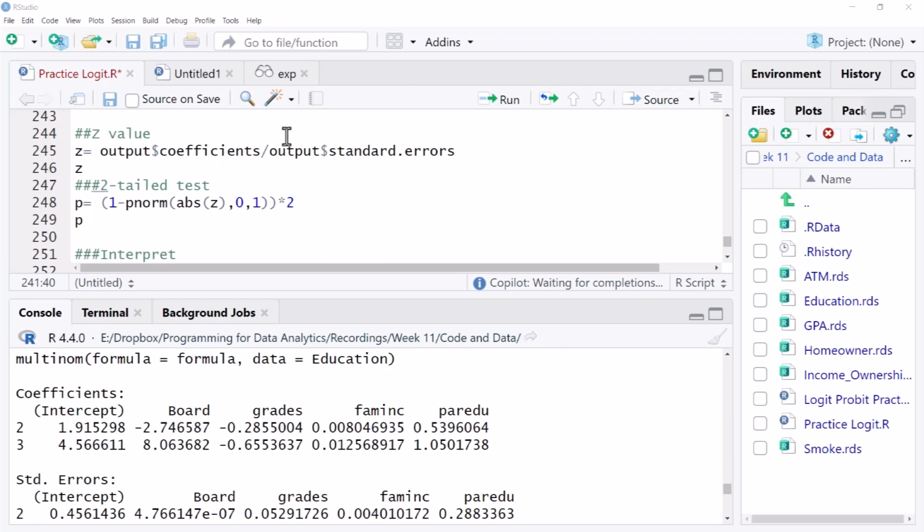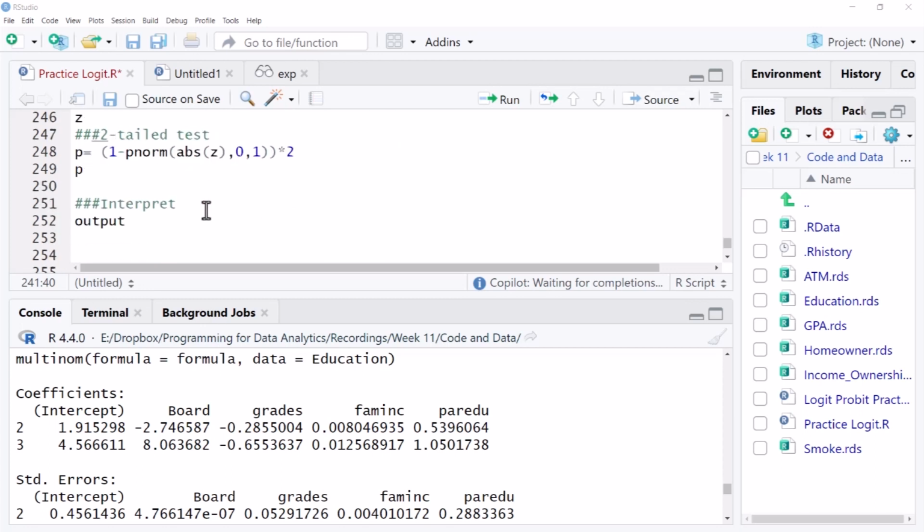So probably there's some problem with this result. It can't be that big a number. So I think more sensible results are grades, family income, and parents' education. What if I want to, let's say, obtain the probabilities? What I'll do is